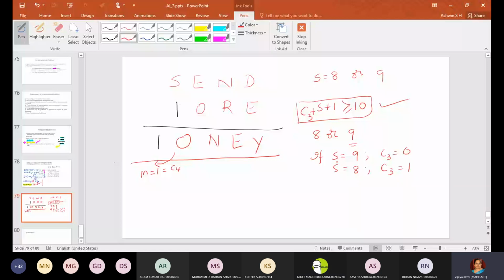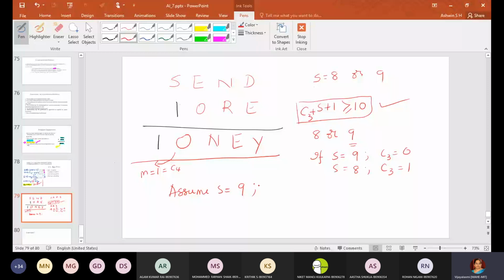Now what we will do, we don't know actually. Let me assume that. As I told in the previous slide, sometimes you have to do trial and error. Sometimes you have to do it based on some assumption. When you make some assumptions, you may not get the right answer. You may get the same digit assigned to two letters. At that time you have to change it. Now I'll assume S is equal to 9, and based on my assumption, let us see.